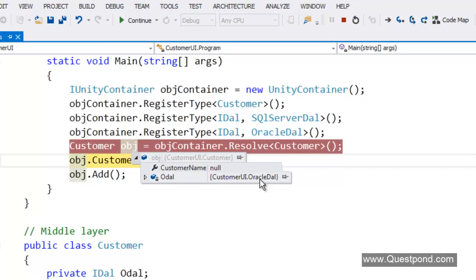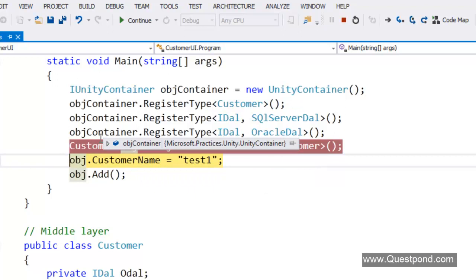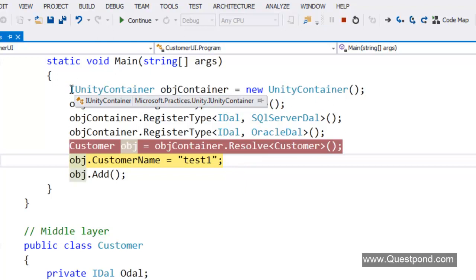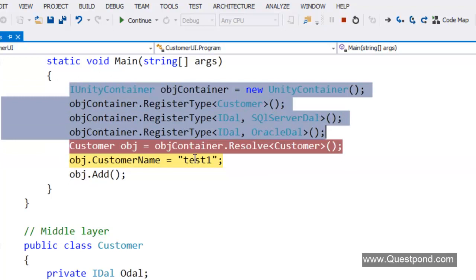In this current situation, the injection is neither done by the console application, that is the UI, nor by the middle layer, nor by the data access layer. It is done by someone else. And remember, these first 3 or 4 lines of code, you must be thinking that I have written in the user interface. You can take this code and write it anywhere else. It does not have to be in the UI. At this moment, yes, this code is in the UI, but it can be on some startup event.